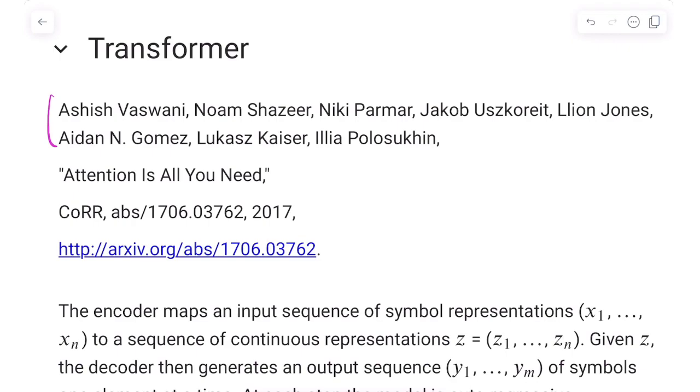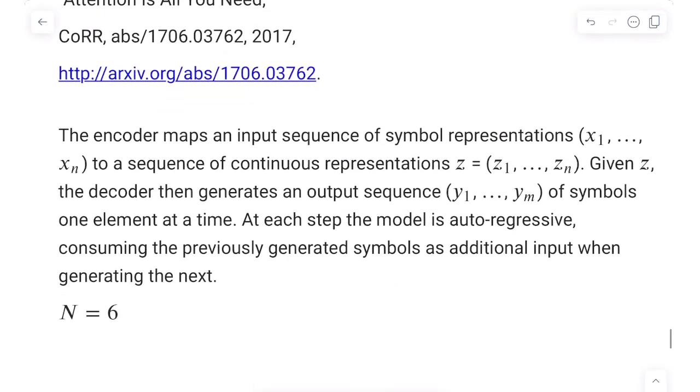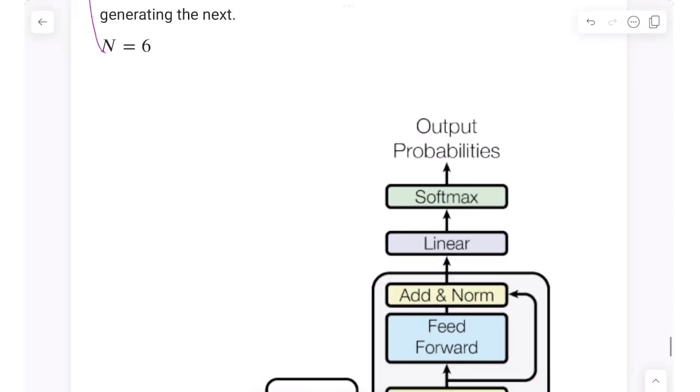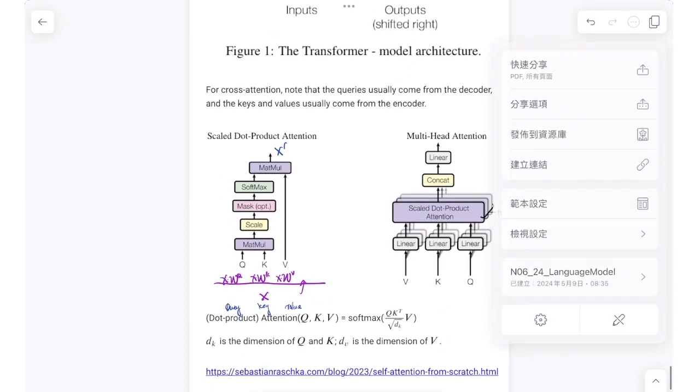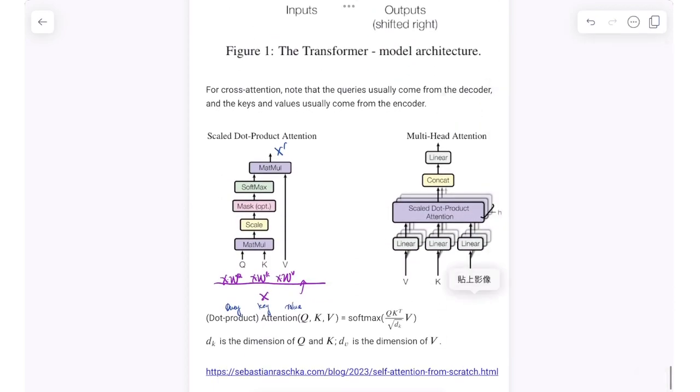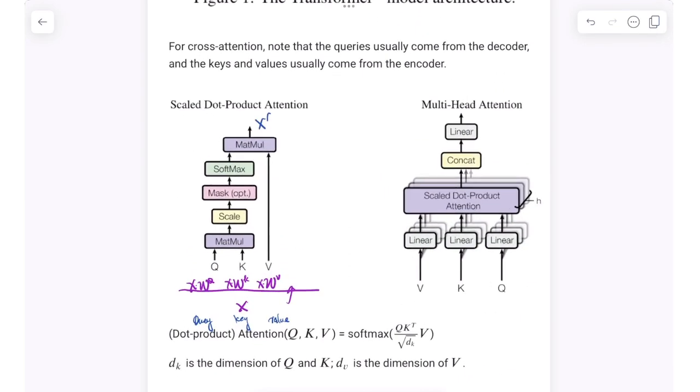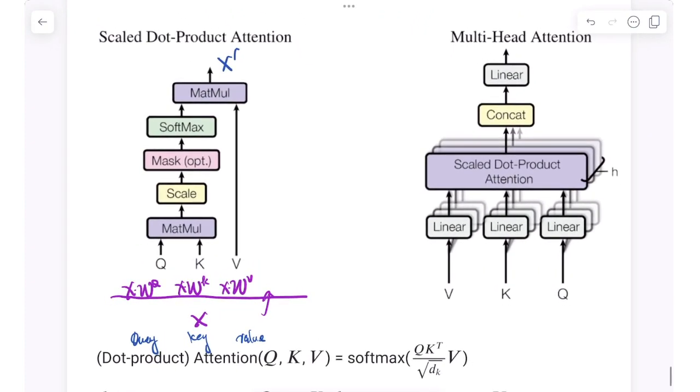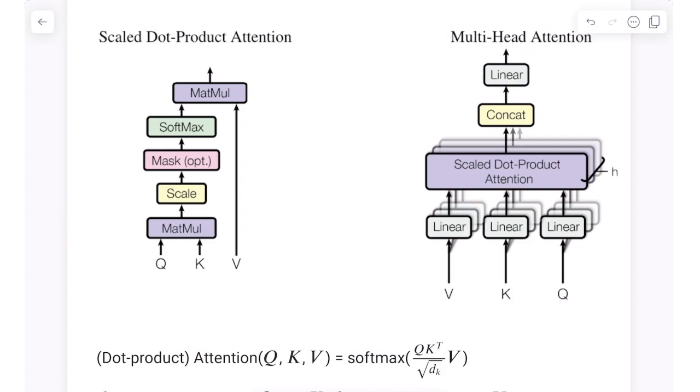We have some explanation right here, but what I would like to show you is the figure in this paper. Let's first take a look at this one. First I will talk about what is attention. Basically, when we try to analyze the sequence data or the text, one of the ways is